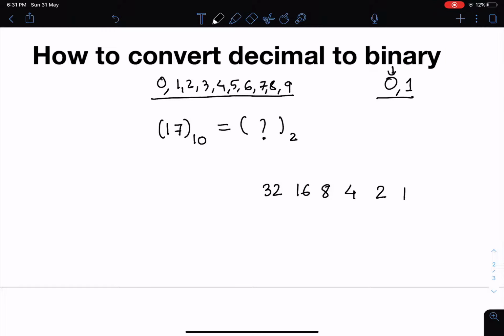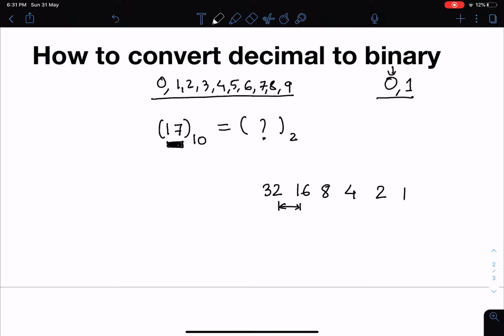When we cross the number which we have to convert from decimal to binary, we stop. As 32 is greater than 17, we stop there, and